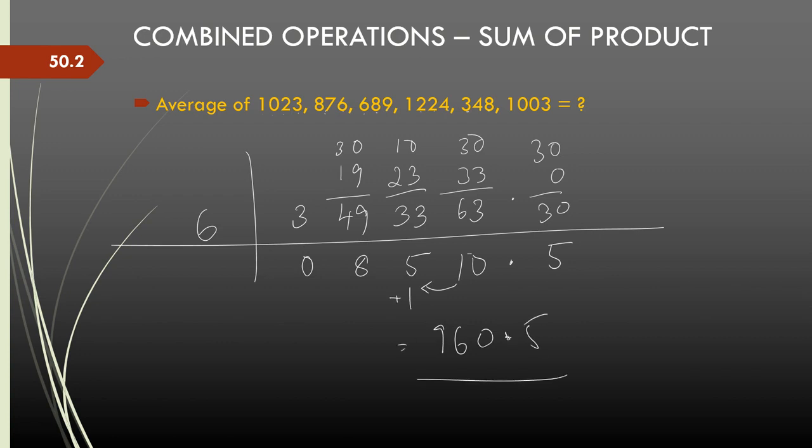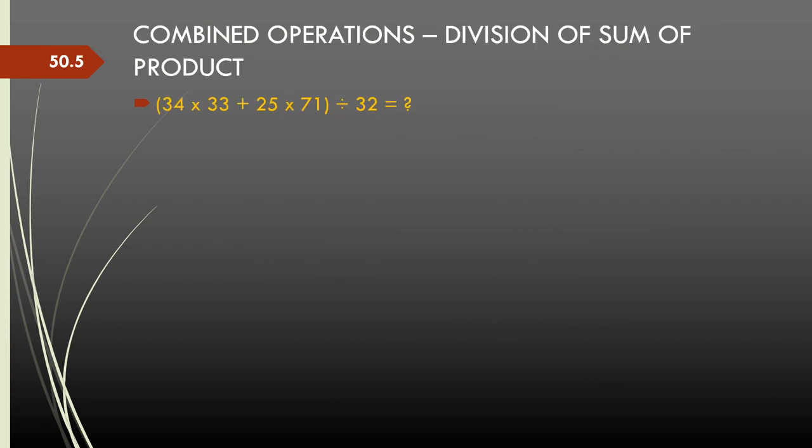As you can see, it becomes much simpler, as we are just evaluating the answer place value by place value and moving on. Now this same thing can be extended for complex combined operations. Let us say there is a sum of products divided by a 2-digit divisor. Here I will take the flag division method and apply it place value by place value. So let us see how that works.